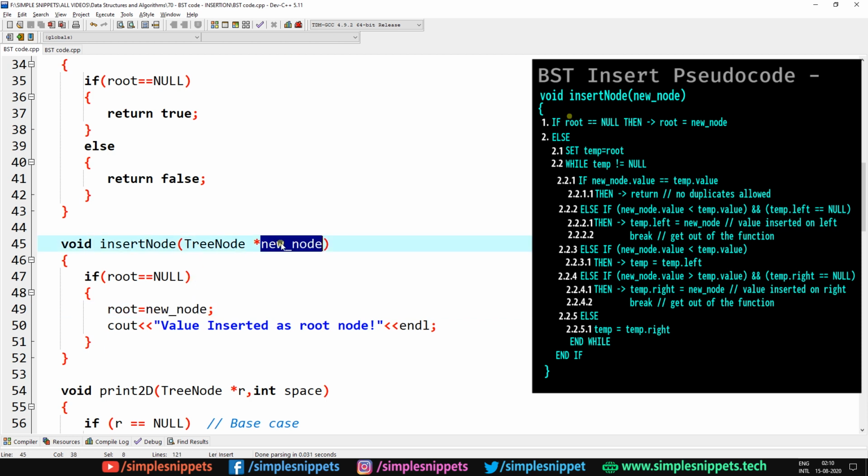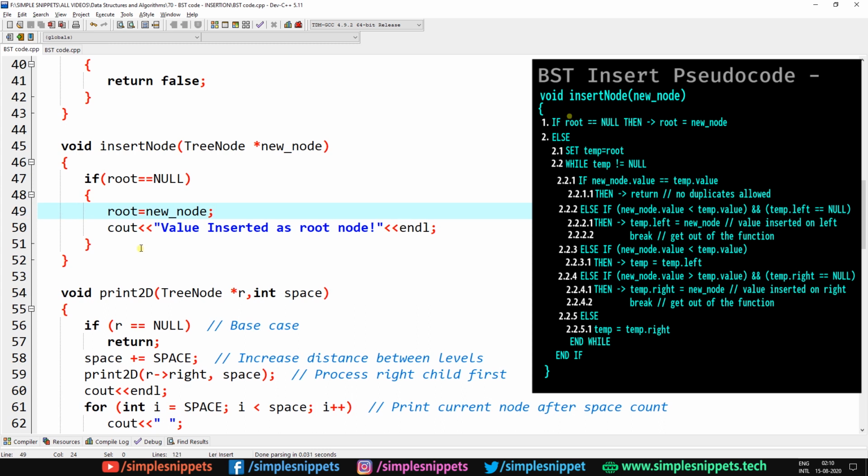And the reason why we are playing with pointers in C++ is because we are going to use the concept of dynamic memory allocation, and we are going to create tree node objects on the heap memory. I'll show you how that goes, but right now just follow along. If you're confused, I'll explain what that means in a minute.